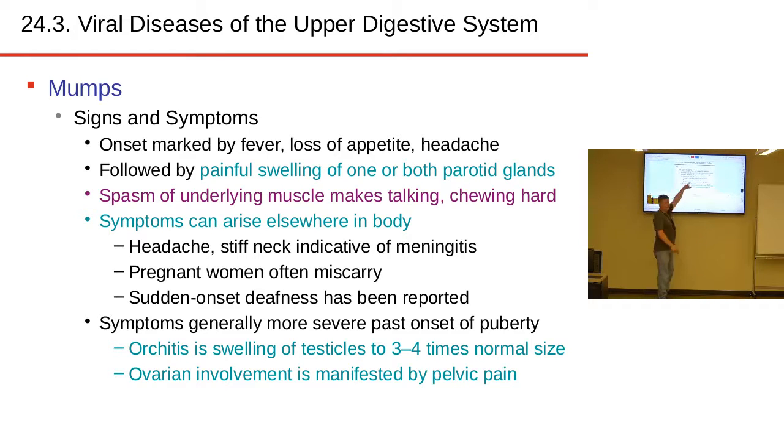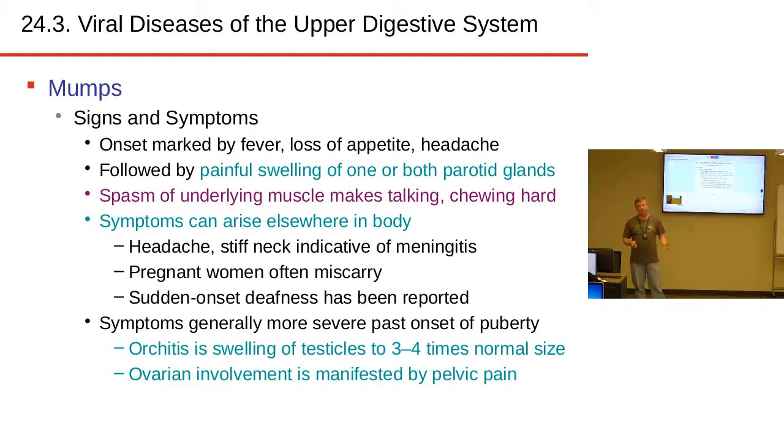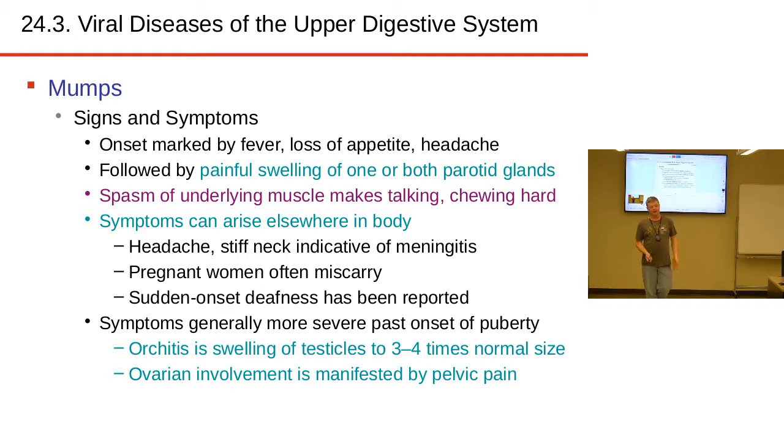Pregnant women that acquire mumps can have miscarriages. And sudden onset deafness has been reported over time, even in children. Sometimes, because it is affecting the parotid gland so close to the ear canal and eardrums, it can cause damage and cause